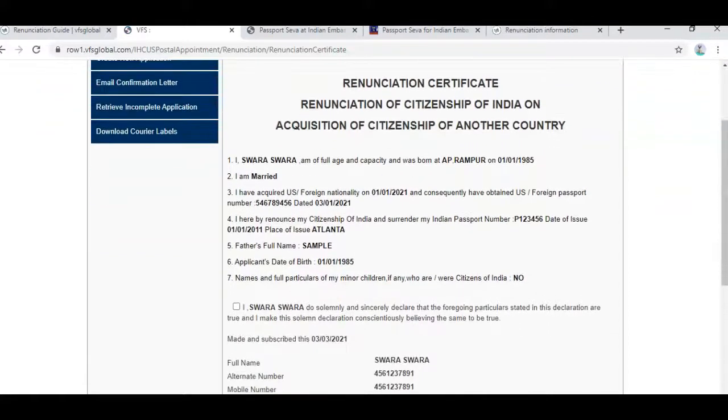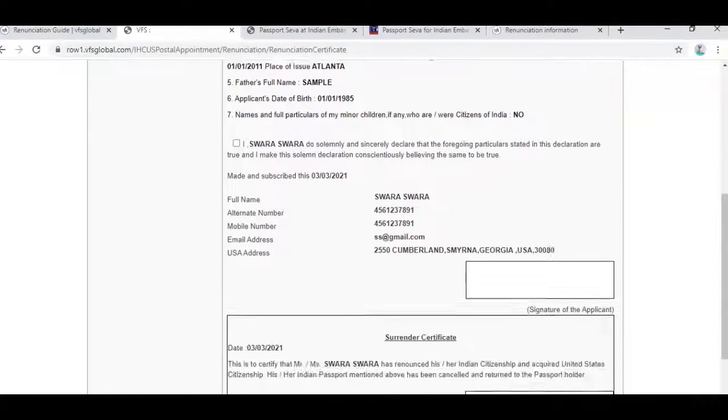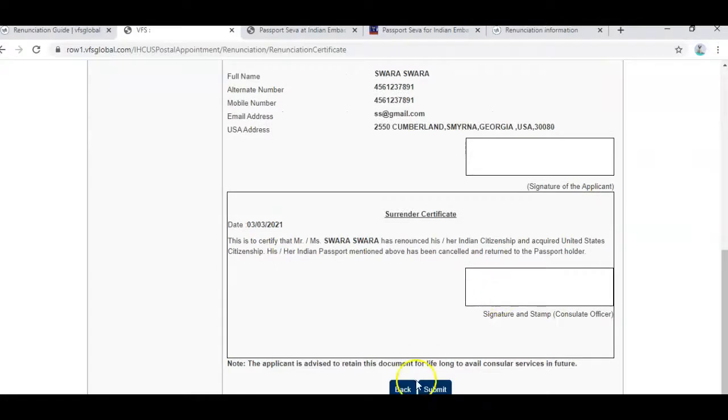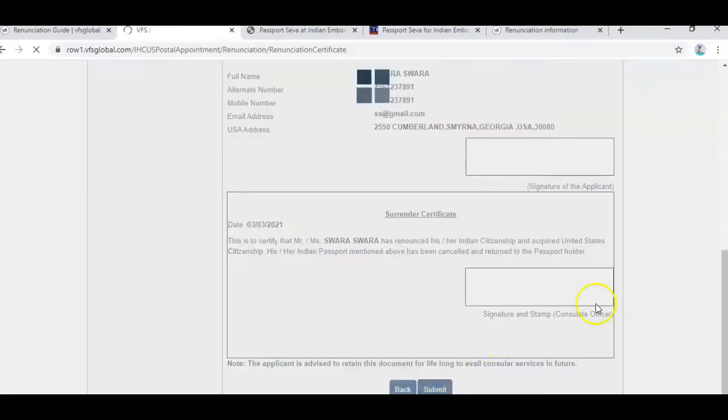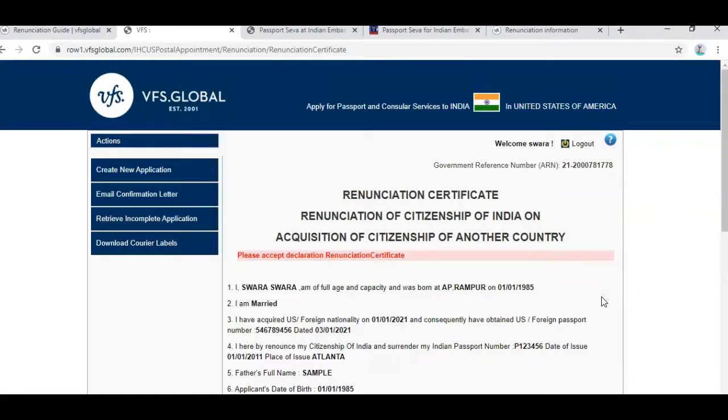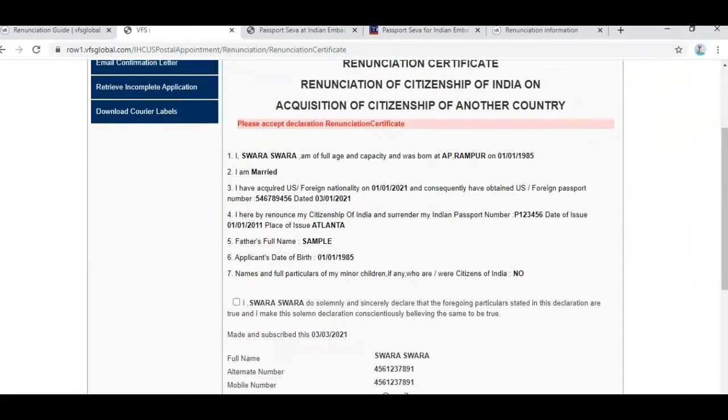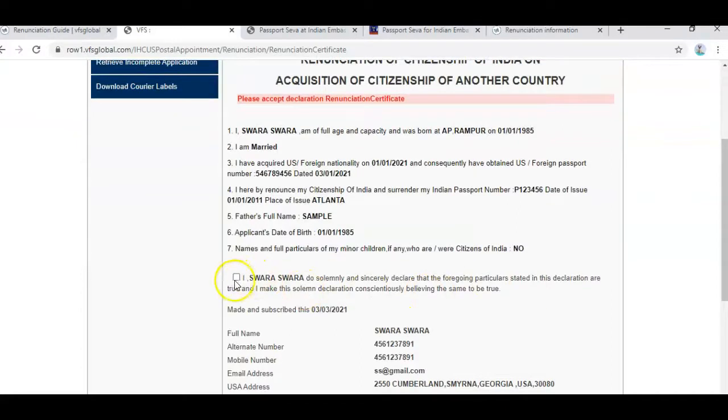Renunciation certificate. Check all the details are correct, then submit. Check mark it. Accept declaration of renunciation certificate.